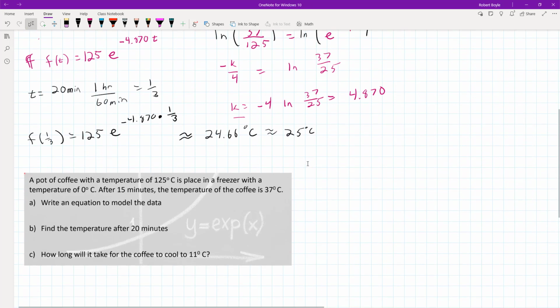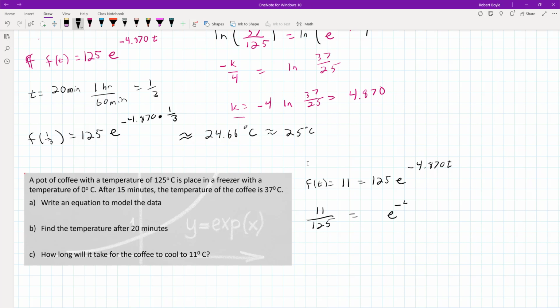And then for the last part, we want to figure out how long it's going to take for this to cool to 11 degrees Celsius. Well, once again, in this case, f of t is going to be equal to 11, and that's going to be equal to 125 e to the negative 4.870 t. And once again, we need to solve for t. First thing we're going to do is divide both sides by 125. That will give us 11 over 125 is equal to